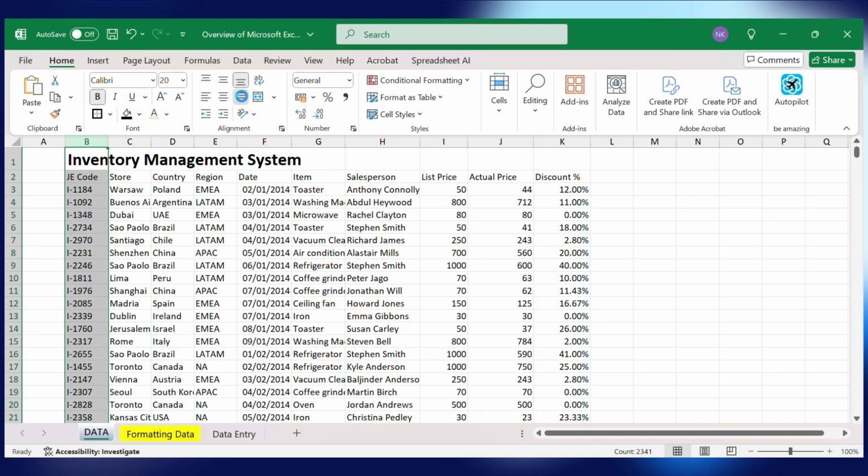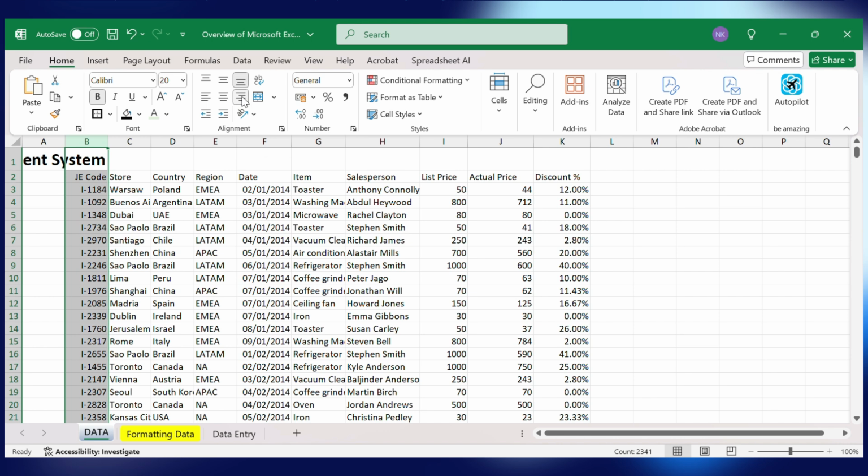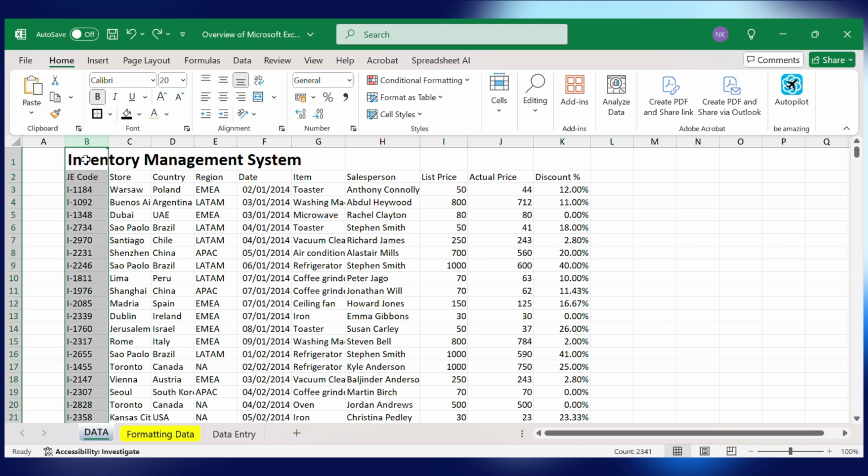So we come to align right and we hit on them. Alright, you can see it over there. And also, sorry, you can see that the inventory management system is gone. So what we can do, so that one is entered into only cell B2. However, it has overlapped over other cells, right? Alright, so let me undo this